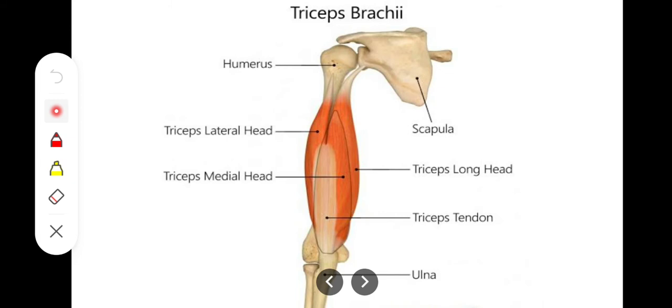So the long head is arising, अच्छा हमने देखा था कि जो long head of biceps that was arising from the supraglenoid tubercle of the scapula bone, जबकि जो long head of triceps that is getting originating from the infraglenoid tubercle of the scapula. Just below the glenoid cavity there is an infraglenoid tubercle जहाँ से इसका long head basically emerge होगा, as you